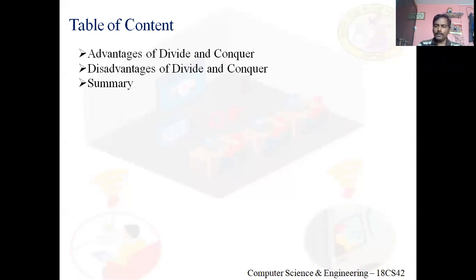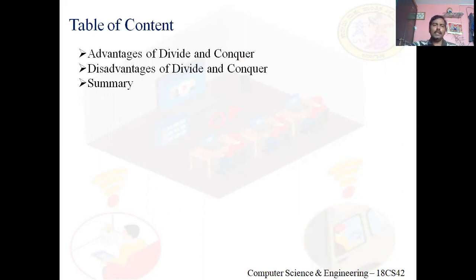Of course, when I say divide and conquer may be the best, there may be some limitations too. I mean there might be some disadvantages in the divide and conquer strategy. Got it? So what is that limitation? Let me have a look at that limitation. Divide and conquer is the best strategy, but there might be some limitations which cannot be compromised. So sometimes we need to work on those limitations, and look for some other strategy which might overcome those limitations. We'll see that later.